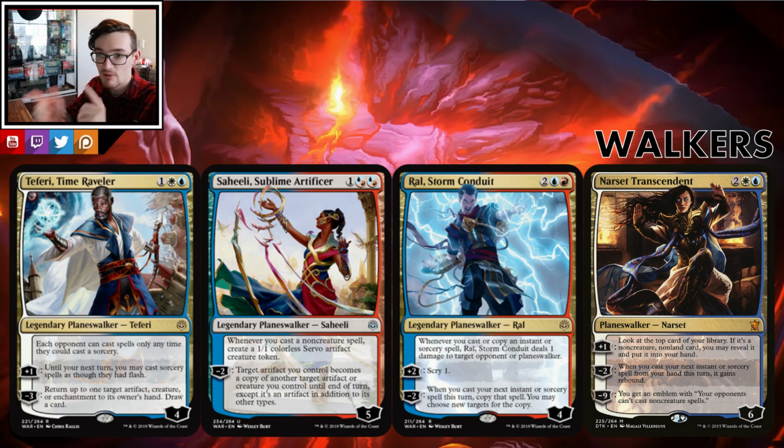Ral just starts shooting away, pinging damage, and can also copy all our instants and sorceries in our deck, and there's a lot of good ones too. Narset, similar thing, can dig through our deck for non-creature, non-land cards, which is the majority of the deck. She can also give our instants and sorceries rebound, so we get another copy later on. And when you see the value of our, what I'm going to call guild spells,